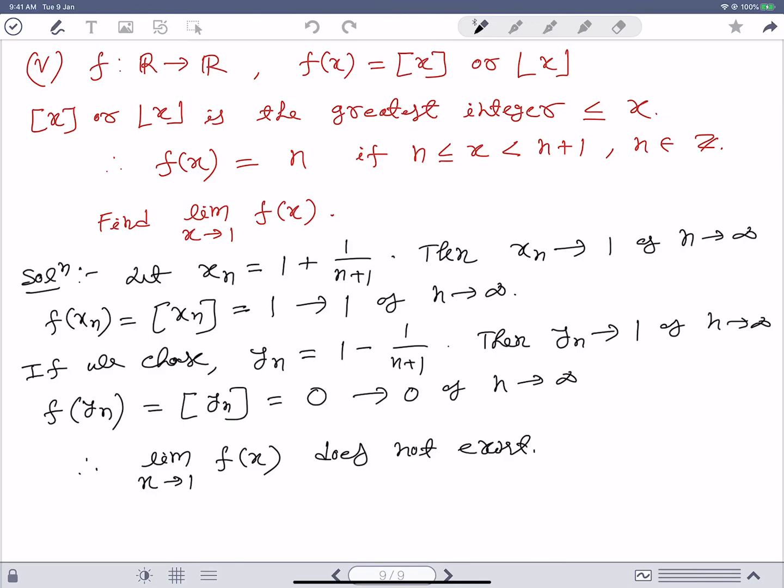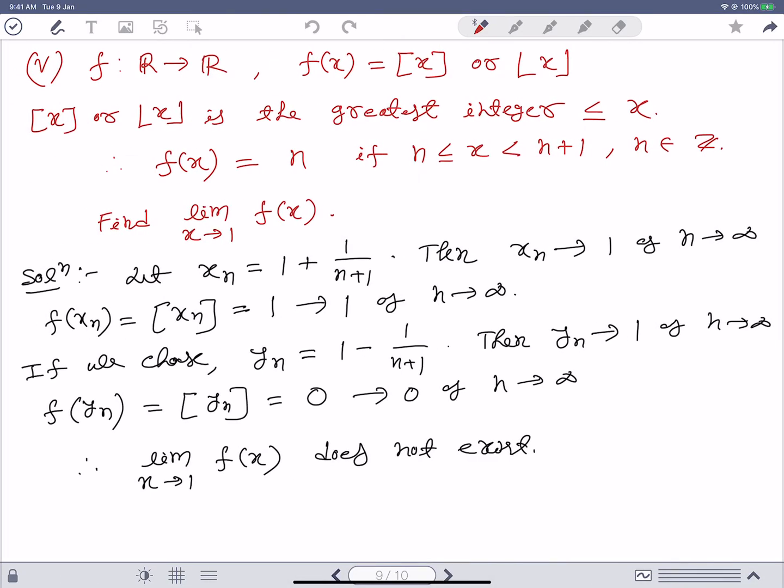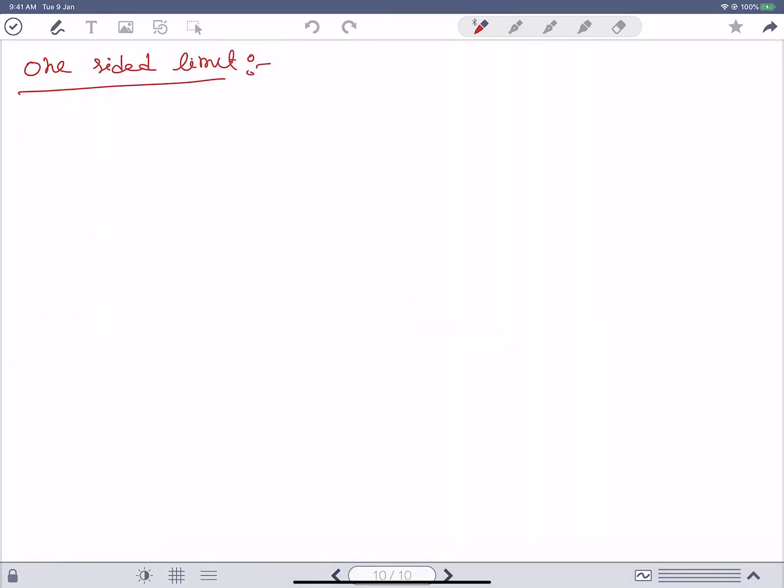Now inspired by this, we will define another notion, which is called one-sided limit. So we shall define this limit, and then we will come back to this example. First of all, suppose we want to define the one-sided limit at a point c. For simplicity,